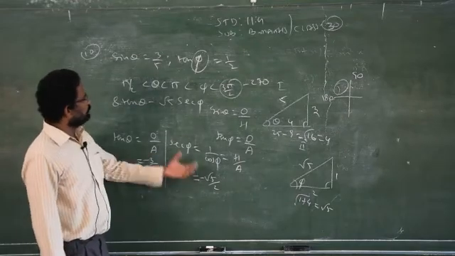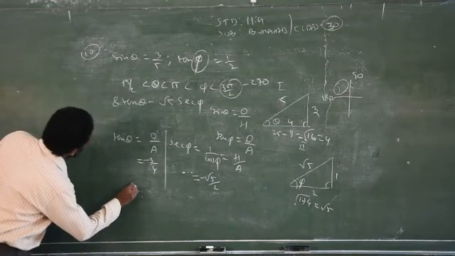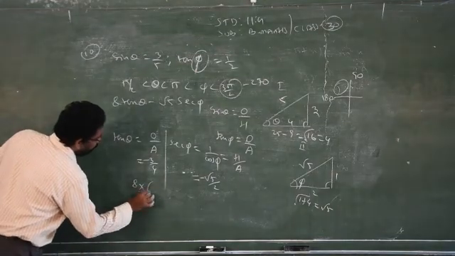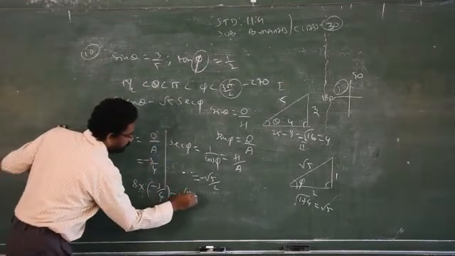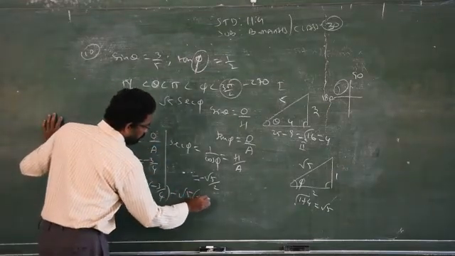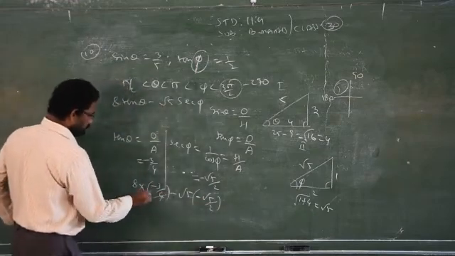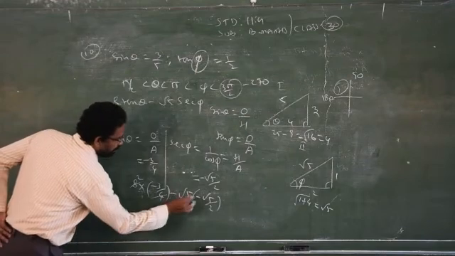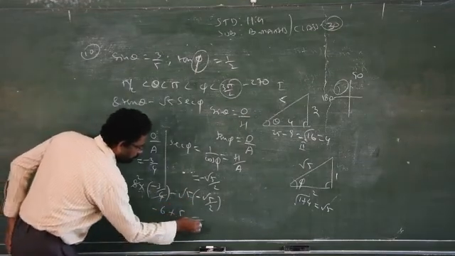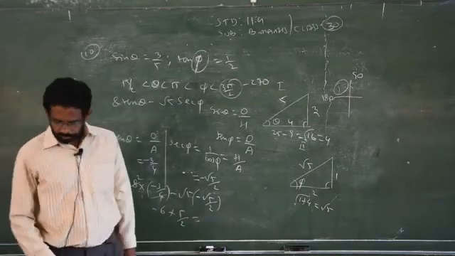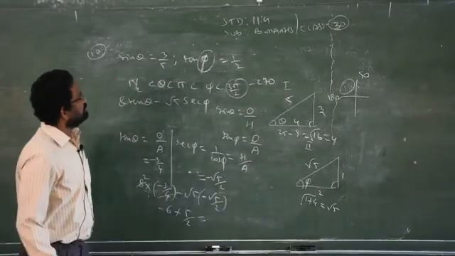So now I know these two values. You just have to substitute in the expression. That is 8 into minus 3 by 4 minus root 5 into minus root 5 by 2. So simplify, normal simplification. This will become minus 6 plus root 5 into root 5, that is 5 by 2. Simplify and you will get the answer. Clear? We will see the next exercise in the next class.